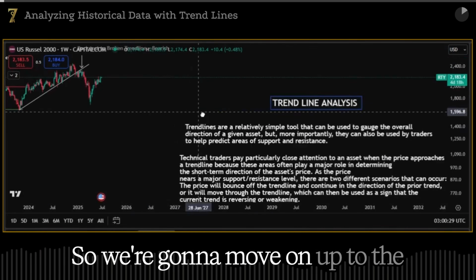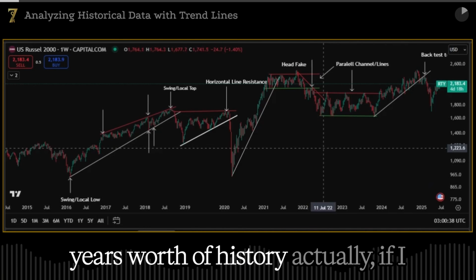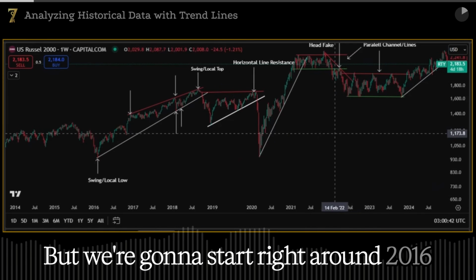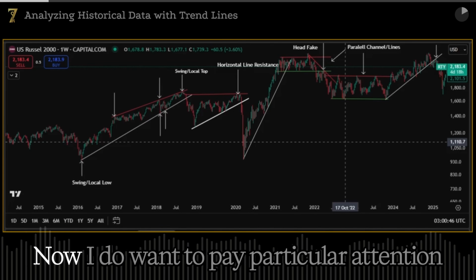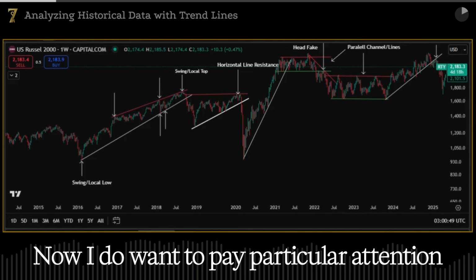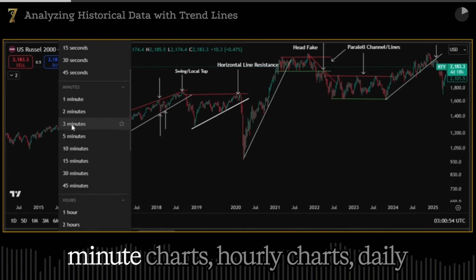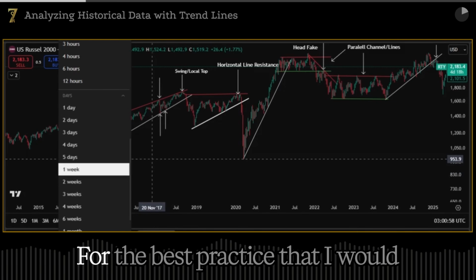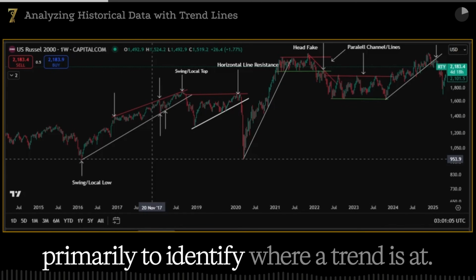So we're going to move on up to the price chart, and this is about 12 years worth of history, actually, if I went all the way back to about 2013, but we're going to start right around 2016 on this Russell 2000 futures chart. Now, I do want to pay particular attention to the time frame. In most of your trading software, you can choose between minute charts, hourly charts, daily charts, weekly, and even monthly charts. For the best practice that I would incorporate, I would use the weekly chart primarily to identify where a